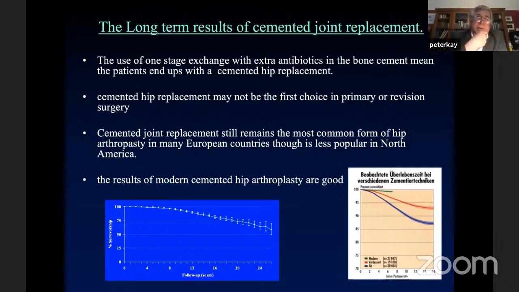If I'm in the situation where I haven't got good bone, the bone doesn't have to be perfect. We've done some studies on that at Wrightington where we've looked at bone stock, and you can get away with there being not great bone, but you've still got to be able to fix the implant. So the real decision-making tree, from my point of view, is: can I really fix an implant in? And if I can fix an implant in, then I'll have no hesitation to go to a one-stage revision.